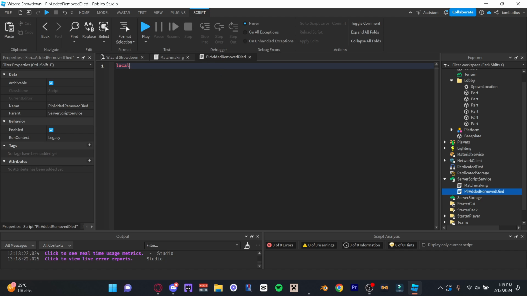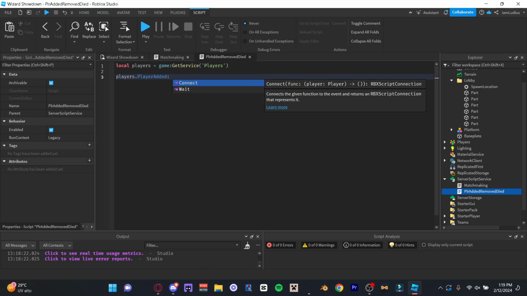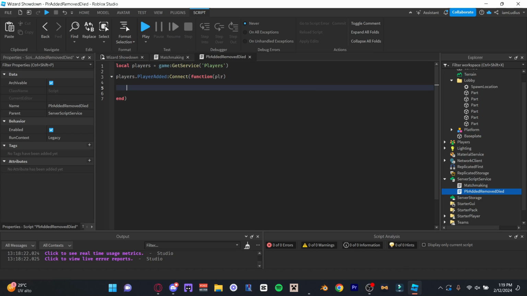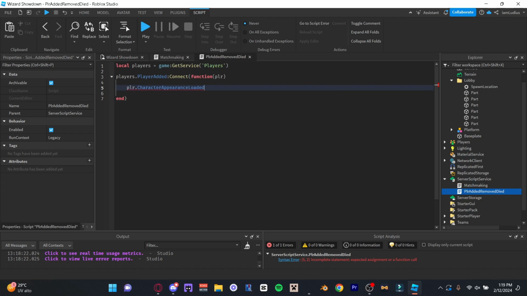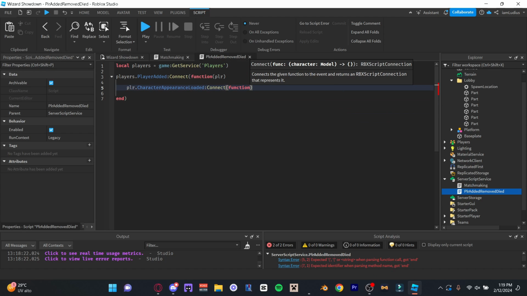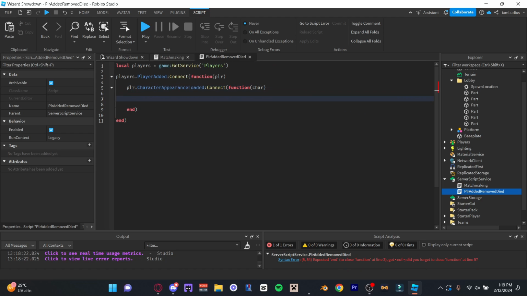So first we gotta get the players here. Local players dot player added dot connect function, and now we can actually get the character as well by doing player dot character appearance loaded, which is the one I like to use. Connect function, and this gives you the character, and essentially from the character you can get the humanoid as well. Local hum is equal to char dot humanoid